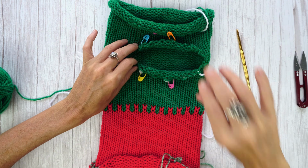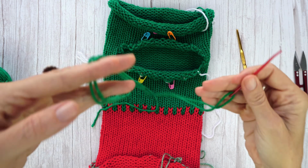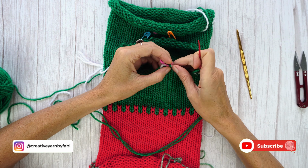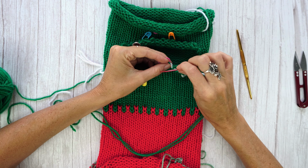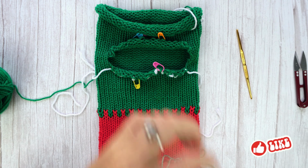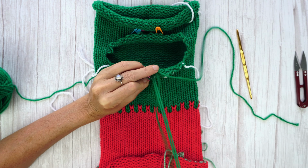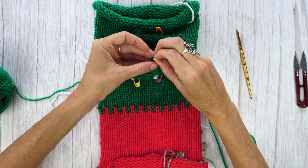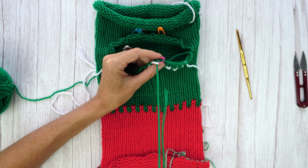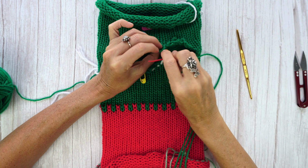So now our next step is just put some yarn through your tapestry needle and we are going to join this side with this side first. That's the first thing we have to do. So I'm gonna attach this yarn this way through the back here. And join only one side of it with this other one here, okay? So